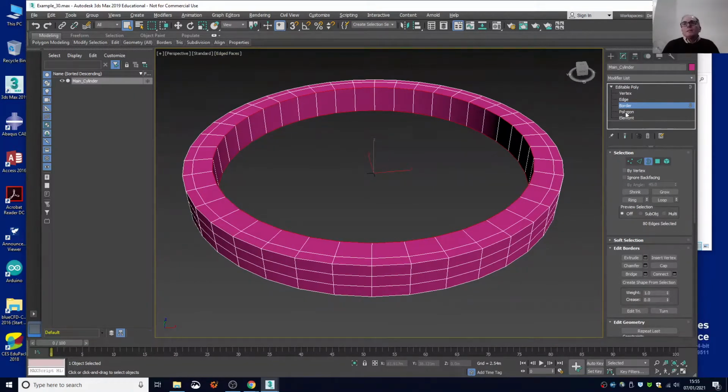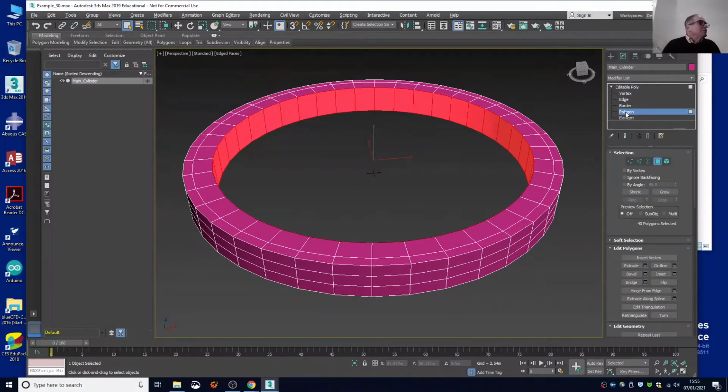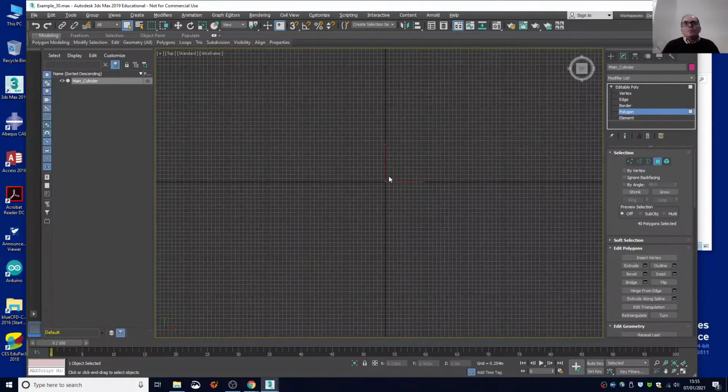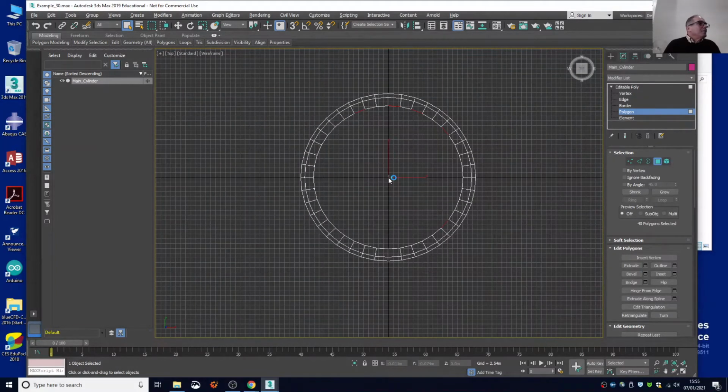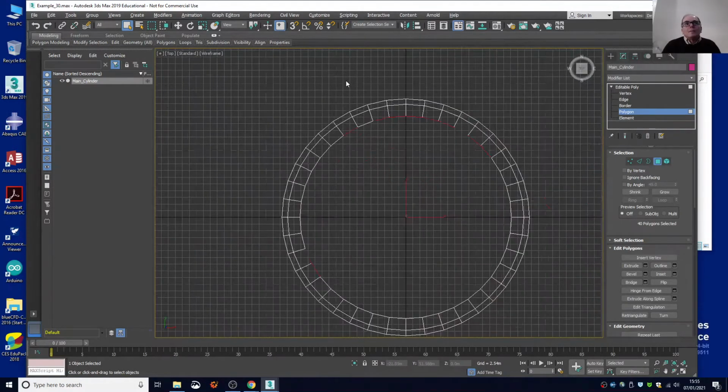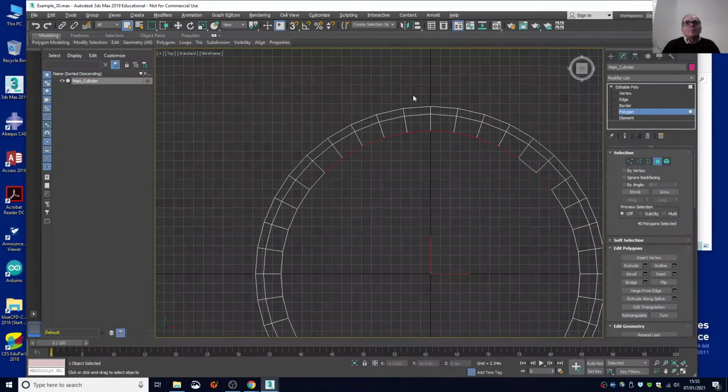We go to the polygon section, and what we do now, we start changing the view to the top view, and we move out, and then we select every other 3 polygon. So I select for example this one, and then you select the one of the outer but not one of the inner, and you have one, and we select